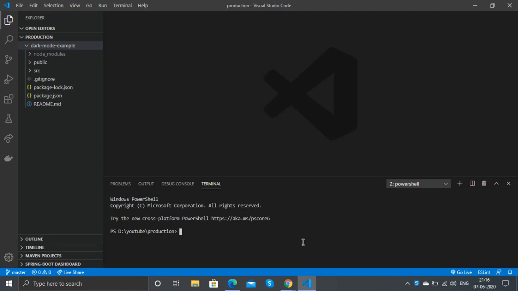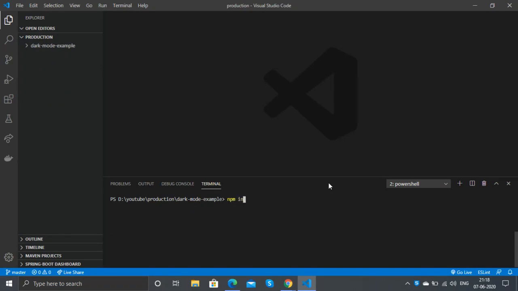To add dark mode to our website, we are going to use a library called use-dark-mode. The use-dark-mode library has some advantages. It takes care of the system preferences of the user, and the changes made to your system preferences in macOS or Windows is immediately reflected in the application. Also, you have programmatic control over switching the dark modes. So it provides some functions which you can use to switch between the dark modes.